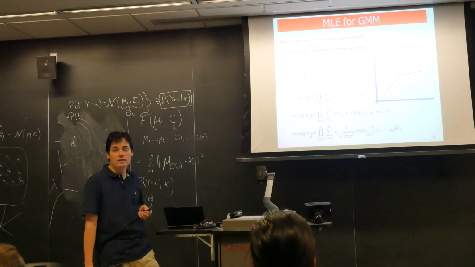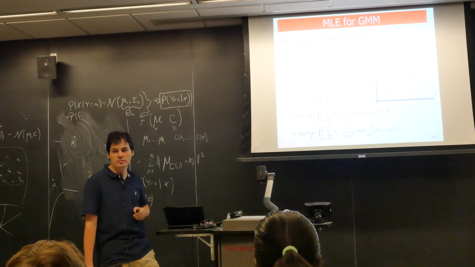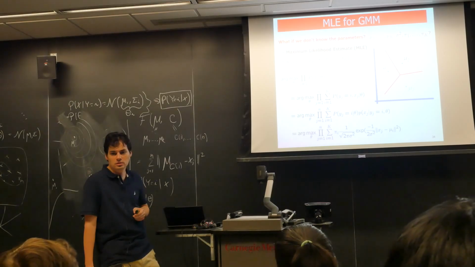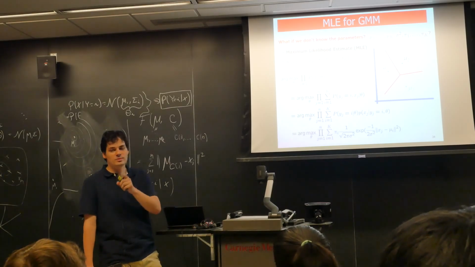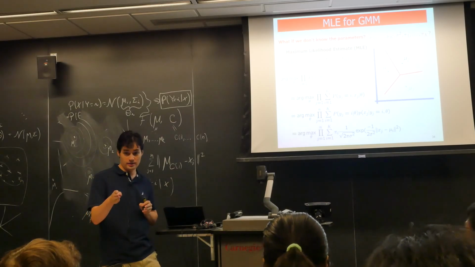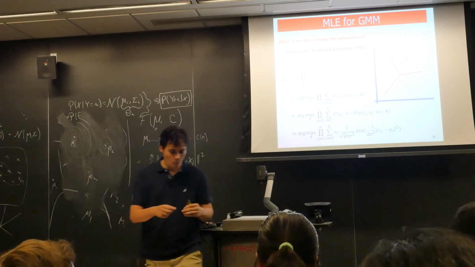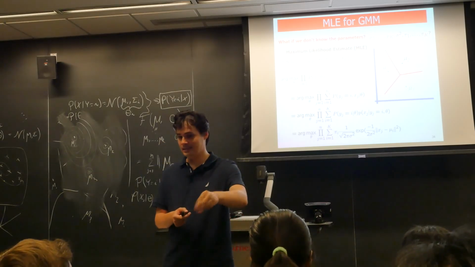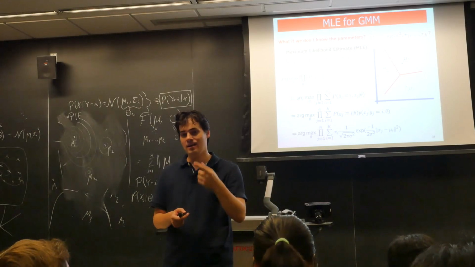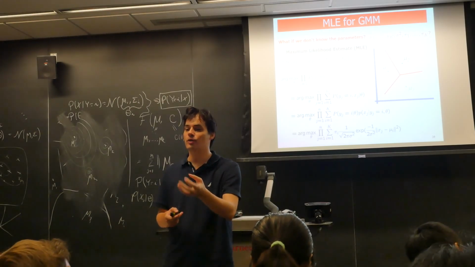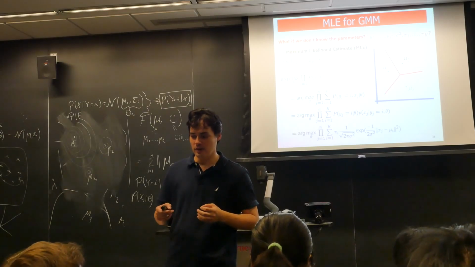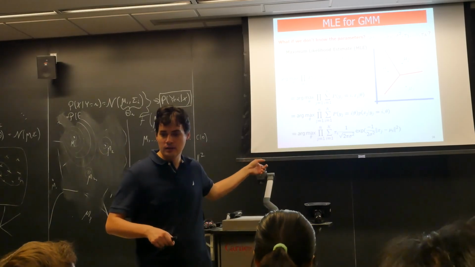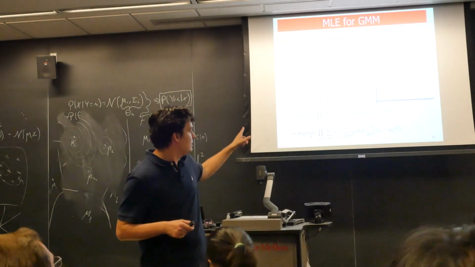But time is over, so I will continue from there next lecture. Just briefly, maybe you could comment on how EM is going to be different from gradient descent? It turns out EM will be a gradient descent as well. But one problem with gradient descent is that you have to know the step size, and EM calculates a good step size for you, such that even if you move towards that gradient with that step size, all your constraints will be satisfied. For example, the pi's have to sum to 1, and they have